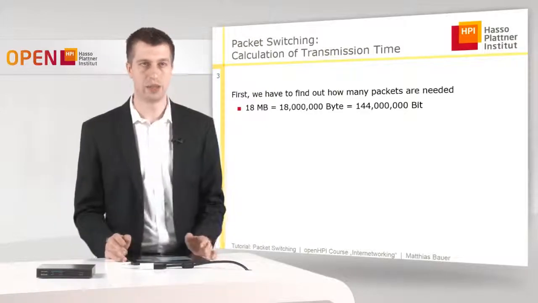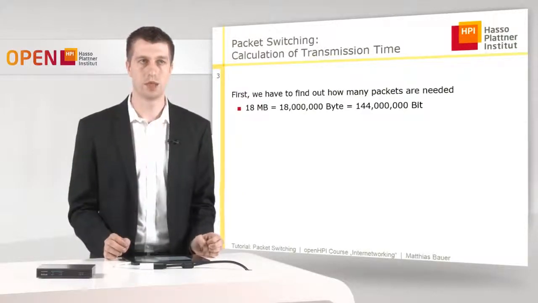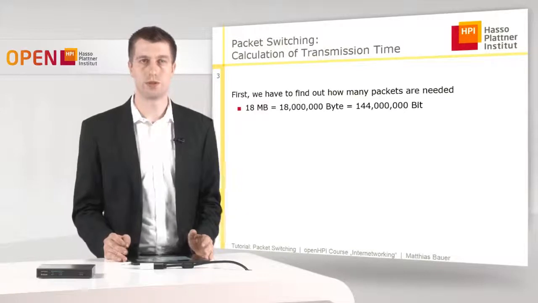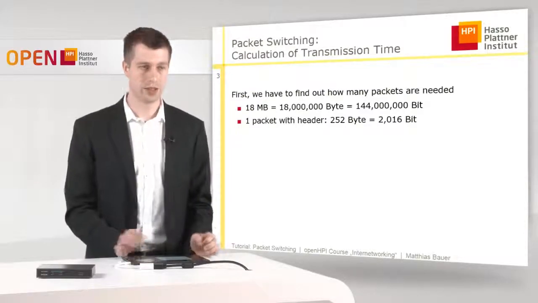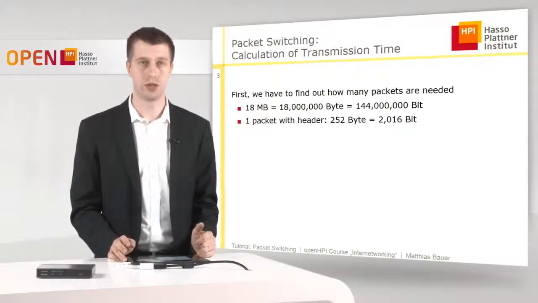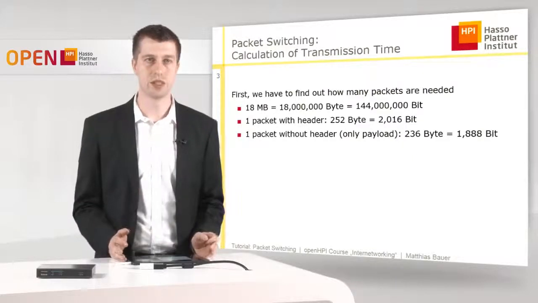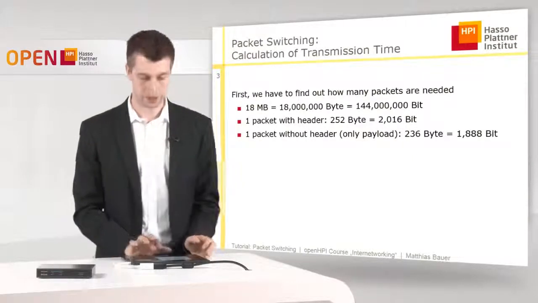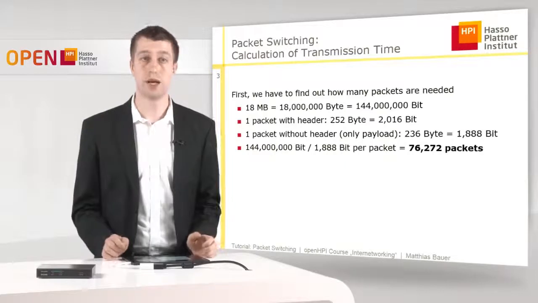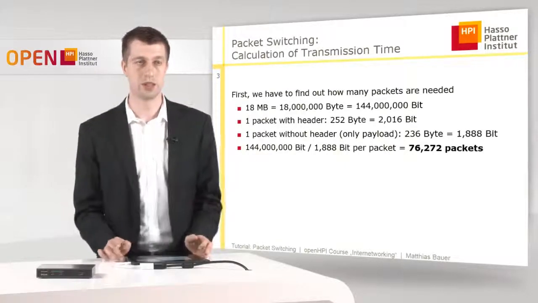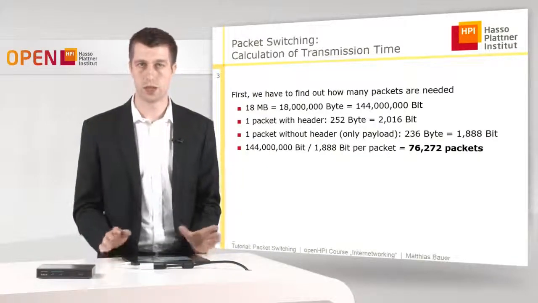So first of all, we have to find out how many packets are needed. These 18 megabytes of data we have to transfer are 18 million bytes, which is 144 million bits. Each packet with a header has 252 bytes, which is 2016 bits. A packet without headers, only the payload, the data we want to transfer, is 1888 bits. So if we calculate how many packets are needed for 144 megabit per 1888 bit per packet, then we get something like